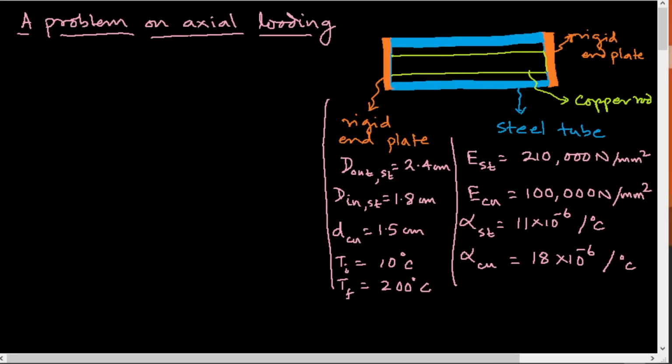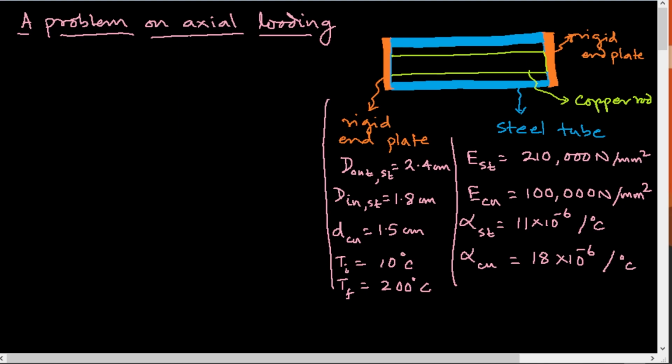Let's take up a problem on axial loading, and this again will be a problem on thermal stresses. Okay, so the problem goes like this. There is a steel tube and there is a copper rod, so the copper rod is inside the steel tube. The diameter of the steel tube, the outside and inside, are given. Similarly, the diameter of the copper tube is given, and both of them are rigidly fixed at the ends through